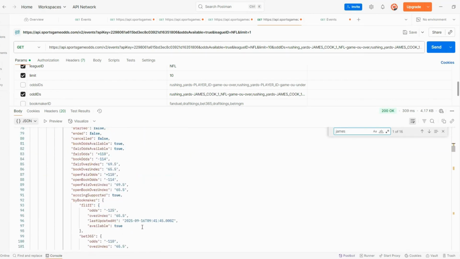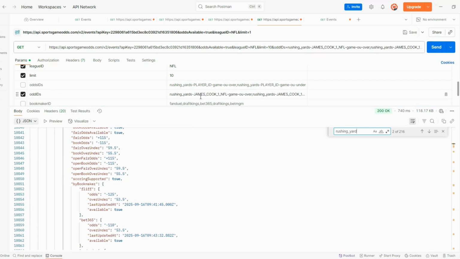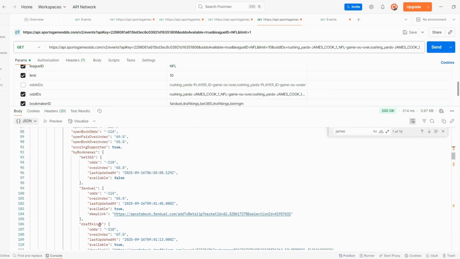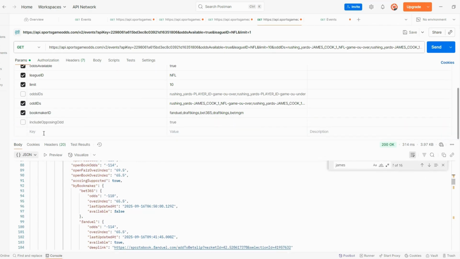To make queries faster and lighter, I recommend adding bookmaker filtering with the bookmakerID parameter. For example, you can set bookmakerID equal to FanDuel, DraftKings, Bet365, BetMGM to only get data from those sportsbooks. There are a couple more useful optional parameters worth knowing. Include opposing odds equals true means you only need to list the over side, and the API will automatically include